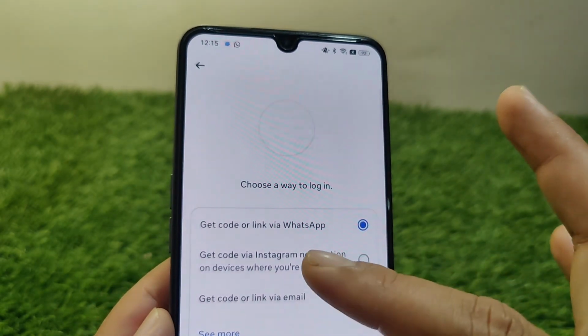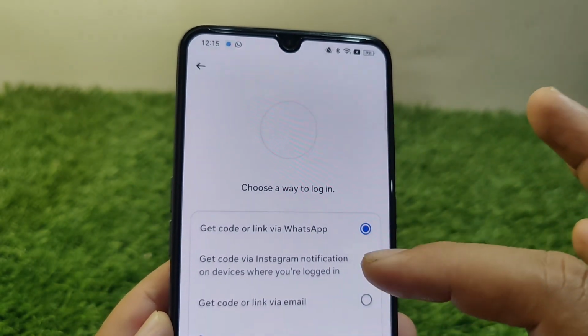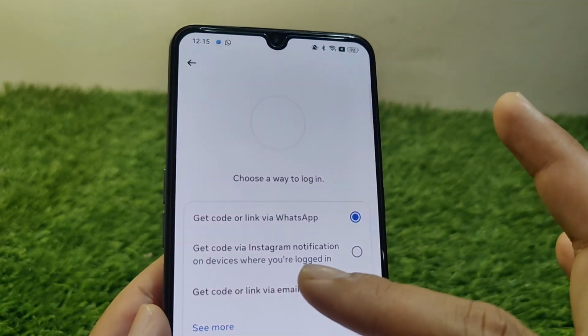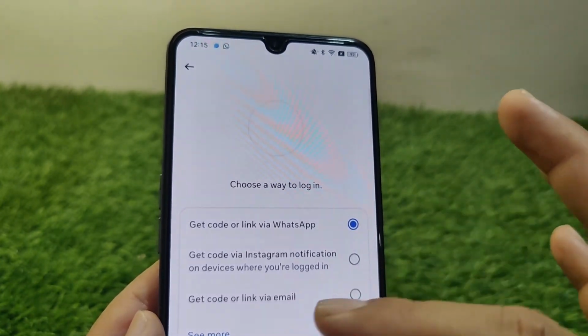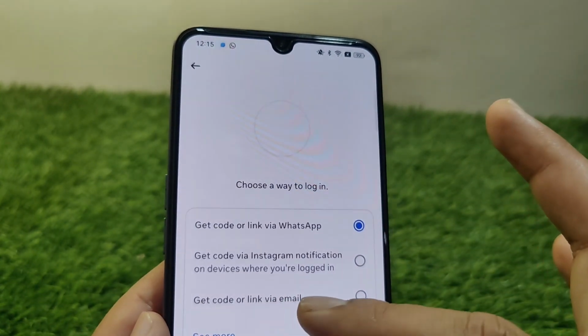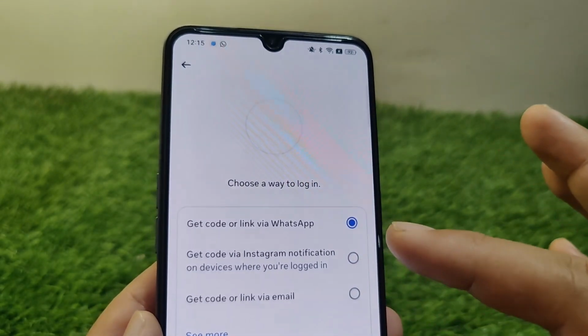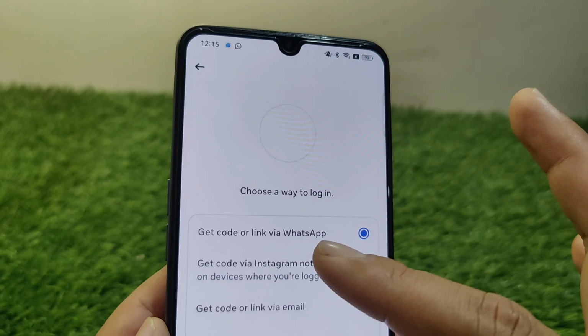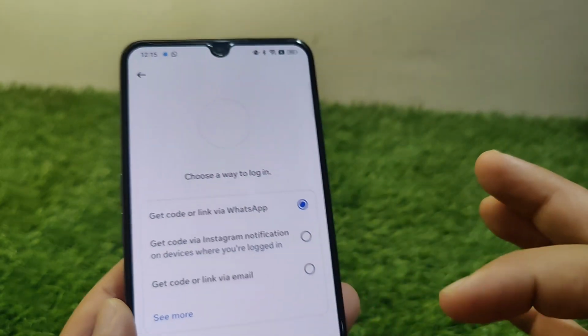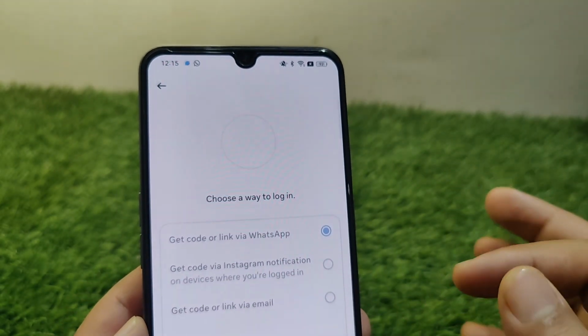and here you can see you can get a link on your WhatsApp number, and you can also get code via Instagram notification if you're already logged in on any other device, and you can also get code or link via email. So guys, here you have to select anyone. Here I am selecting this one as get code or link via WhatsApp. So guys, after this tap on continue,